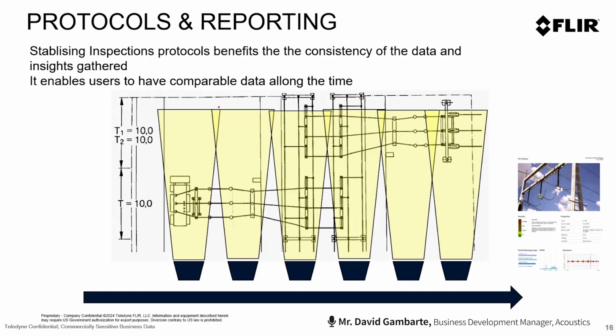And this basically means in practice that you say, okay, we have this flow map in our substation or in our transmission line. This is focusing now on partial discharge, right? So you have this flow map and you say, okay, if we perform this route along the transmission line or the substation, we will get data, right? This is representing the cameras and the view focus of the camera. So you will check every one of the points and find if there are partial discharges.